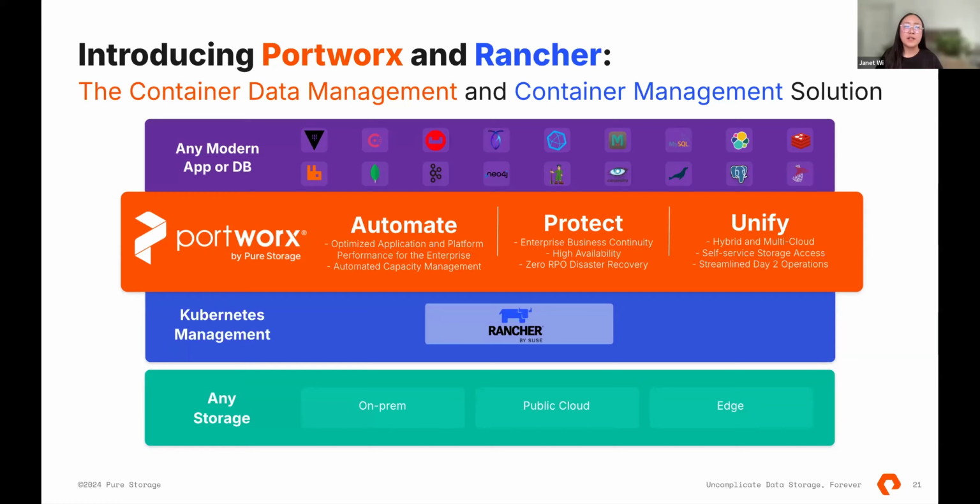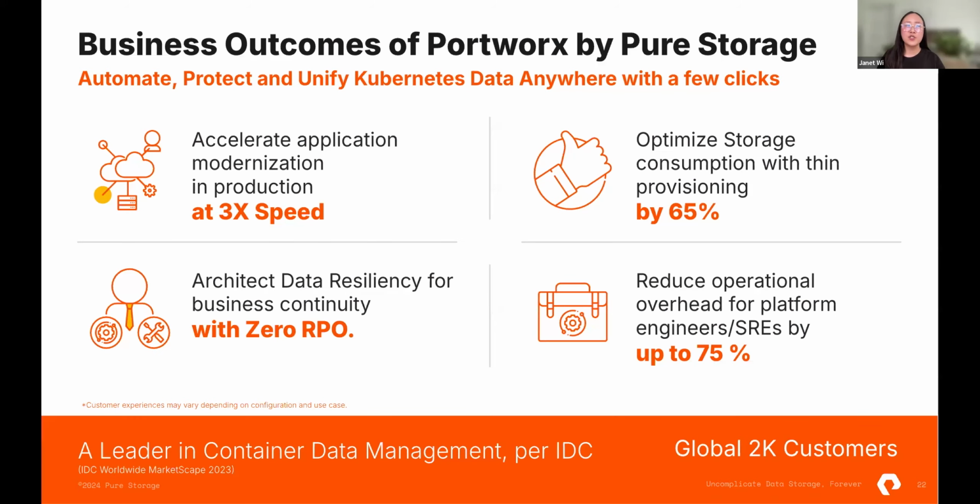And as far as how these capabilities translate into business outcomes, I'm not going to touch on all of these. I'll just touch on some of the more relevant ones. But through some of that storage automation and self-service access, what this allows platform teams to do is enable their developers to move a lot faster. And we have customers who have been able to move at up to 3 times the speed. So where some of these time savings come into play is the speed in which you're able to deploy in production clusters, but also some of that reduction in operational overhead that you see from the automation that Portworx is able to provide. And from a resiliency standpoint, Portworx provides data protection and disaster recovery for those mission-critical applications,